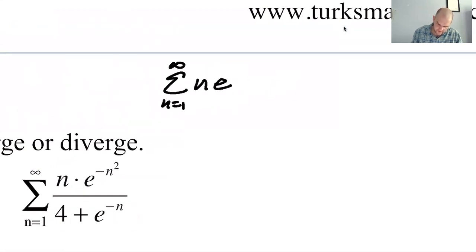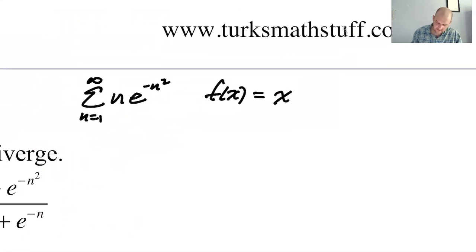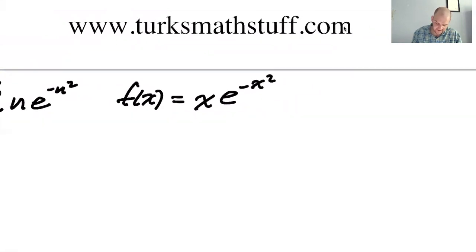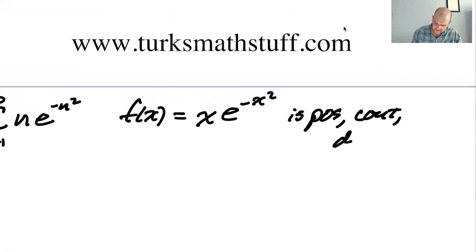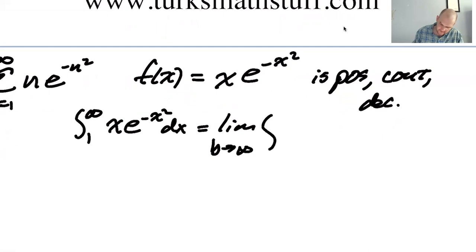I'm going to look at the numerator. So we get this, right? If we say f of x is x e to the negative x squared, that's definitely positive and definitely decreasing. It is continuous. It's decreasing eventually. I don't know if it's decreasing initially, but let's take liberties with that. Let's just say decreasing. The integral from 1 to infinity of x e to the negative x squared is going to be the limit as b approaches infinity of the integral from 1 to b of x e to the negative x squared,